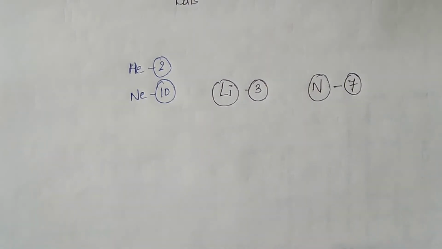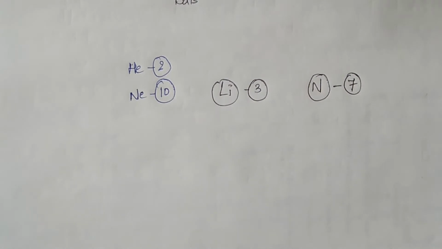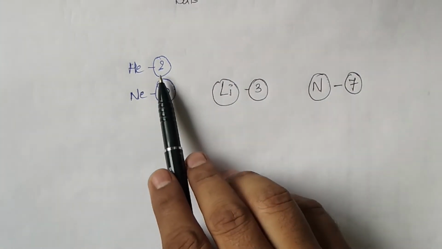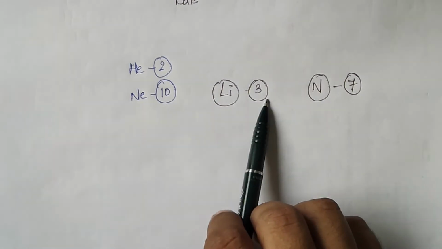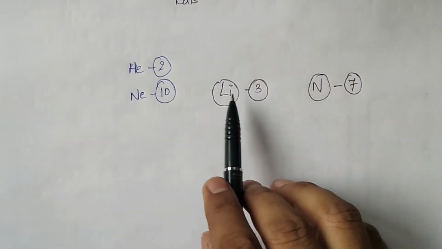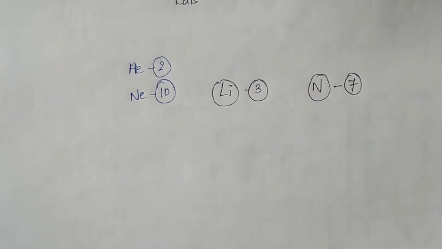Now why are we considering the noble gas? You know very well that lithium, when it accepts or donates electrons, does so just to acquire the nearest noble gas configuration. The nearest noble gas is helium. How many electrons are there? 2. But lithium has 3. So what will it do? It will lose 1 electron to form the electronic configuration of helium. Now when it loses 1 electron, that means its combining capacity is 1. That means it has valency equal to 1.